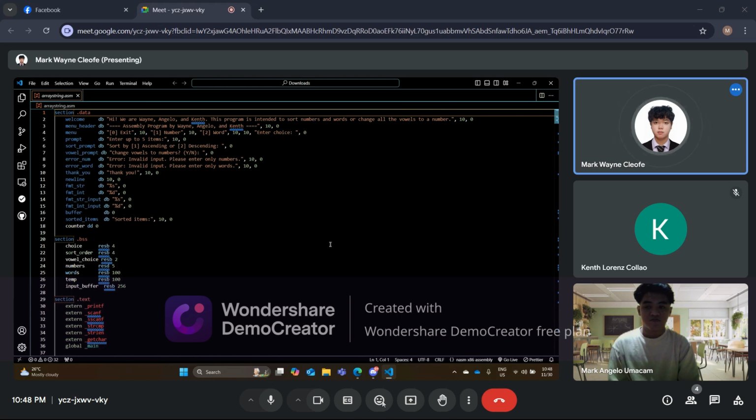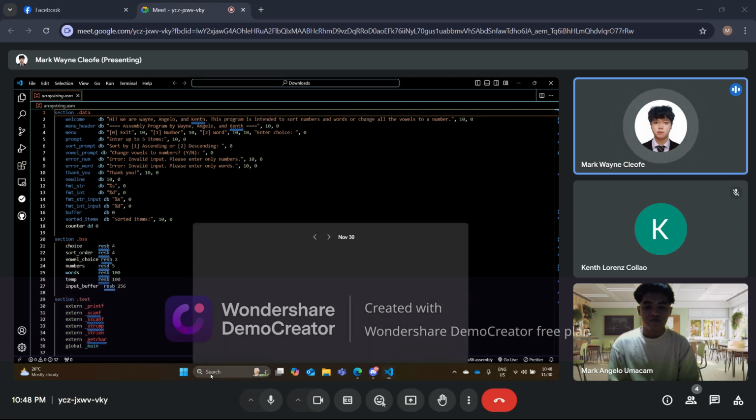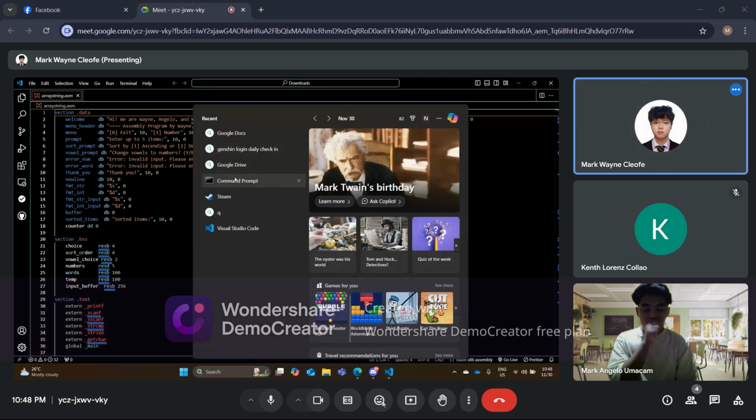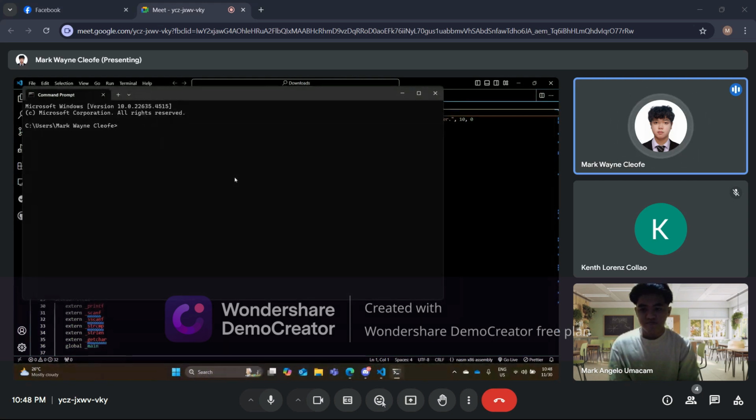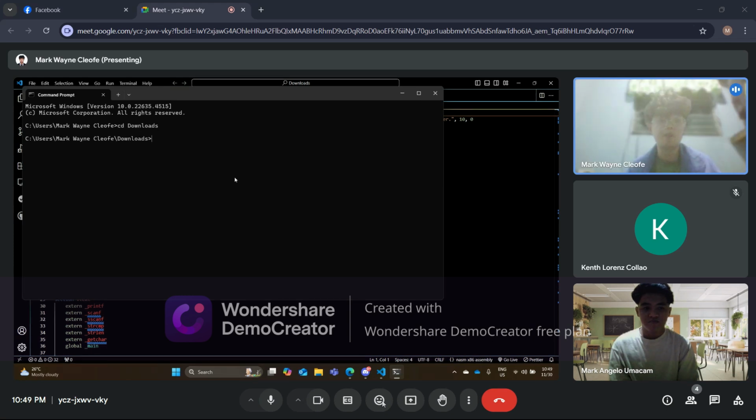To start, we will open Command Prompt or CMD. Then, to go to the directory where the assembly file is saved, we type in cd downloads. Then, to assemble the program, we use the NASM assembler.